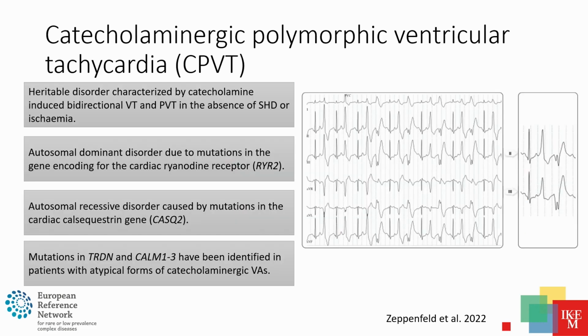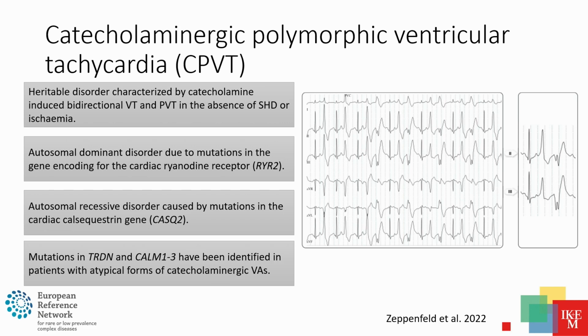Catecholaminergic polymorphic ventricular tachycardia. A rare inherited arrhythmic syndrome characterized by the documentation of bidirectional VTs on exertion. Otherwise, the ECG is completely normal and it is not associated with any structural heart disease. Genetically, it's caused mainly in an autosomal dominant type. It's caused by pathogenic mutations in the ryanodine receptor gene, and there are also a few cases of autosomal recessive form caused by mutation in